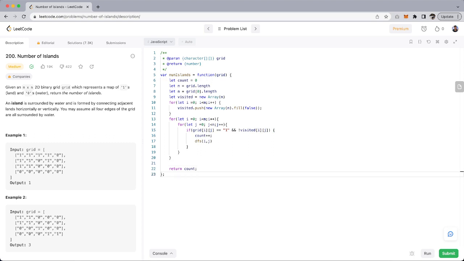So we can do this by making the header, which will take in i and j, and it won't return anything. But what this function will do, as I said, is just set visited[i][j] equal to true, and this will only happen in the condition that